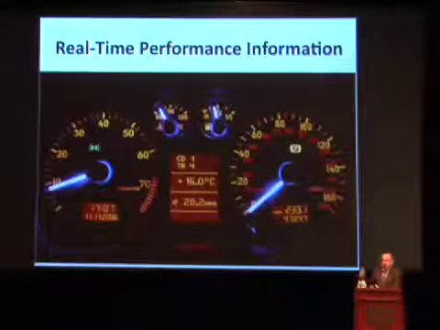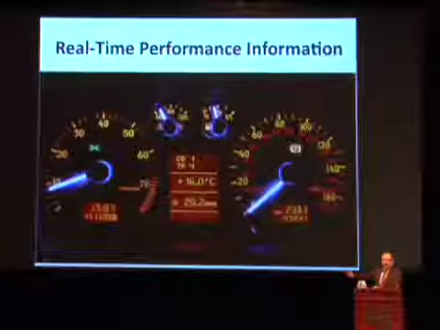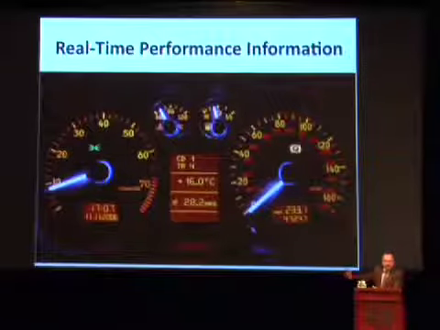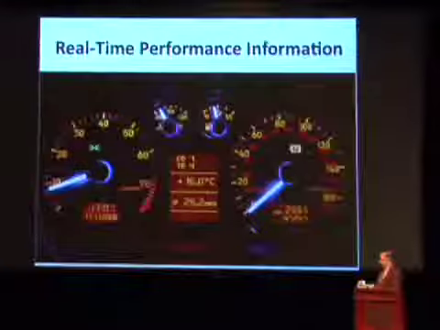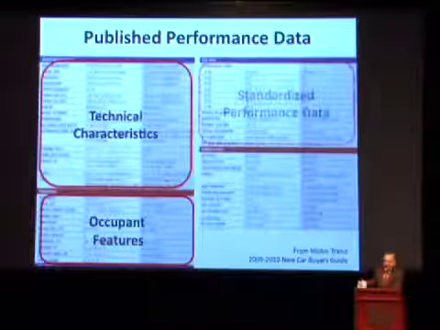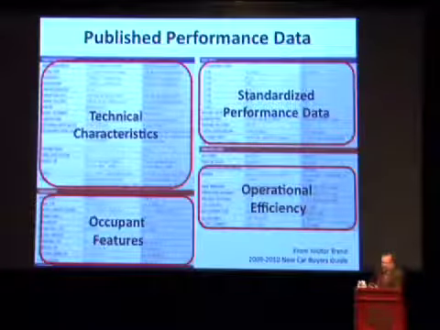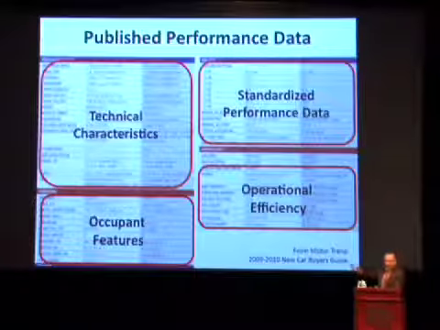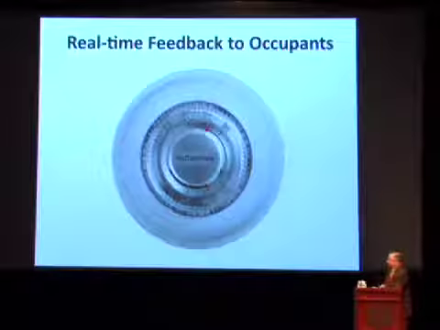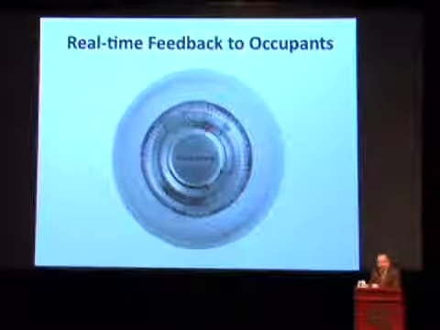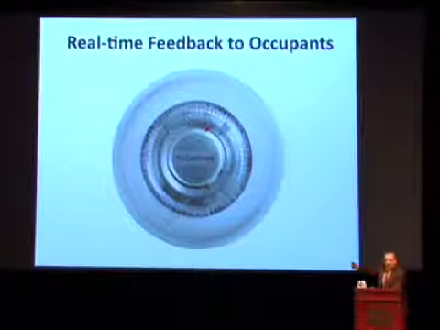If you get in a car, you look at your dashboard, you know pretty much what any particular data point on this picture is. There's 16 real-time data points right here, immediately available to you when you get in this car. If you're going to buy a car, you can pick up a magazine and compare different vehicle performance, technical characteristics, occupant features, et cetera. This is just from Motor Trend magazine, right? All this data is available to you as a consumer of a car. If you're a consumer of a building, you have almost nothing. And how many of you think that turning this actually changes any aspect of building performance?